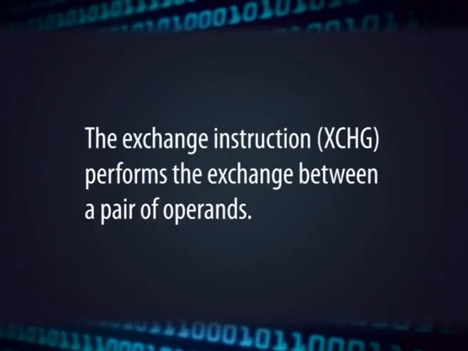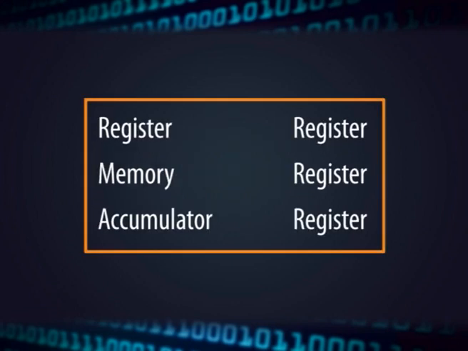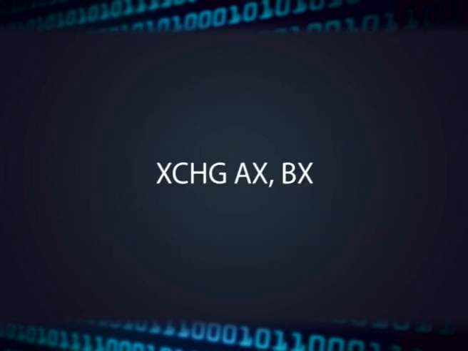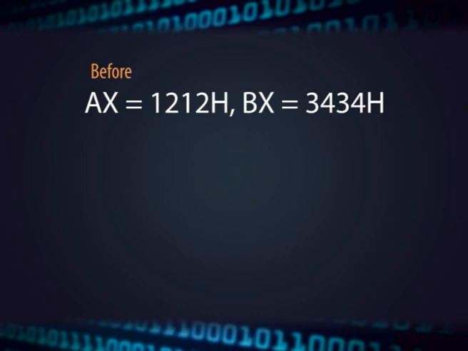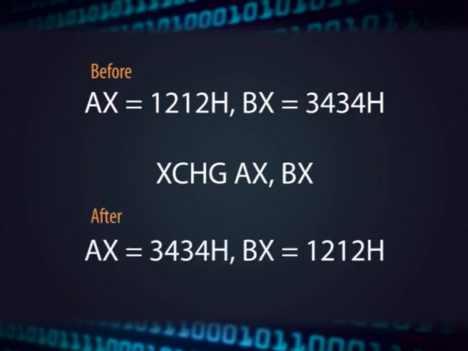However, certain applications require this task to be performed efficiently. The exchange instruction, called XCHG in short, performs the exchange between a pair of operands. The operands could be register to register, memory to register, or accumulator to register. For example, XCHG AX, BX performs the exchange operation. If the contents of the registers before the execution of the instruction were 1212H and 3434H respectively, after the execution of the exchange instruction, the contents of AX and BX respectively will be 3434 hex and